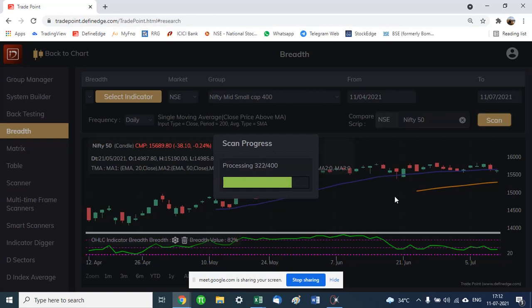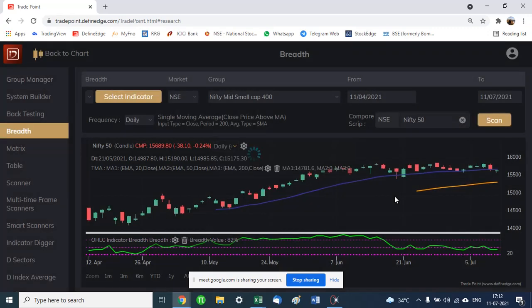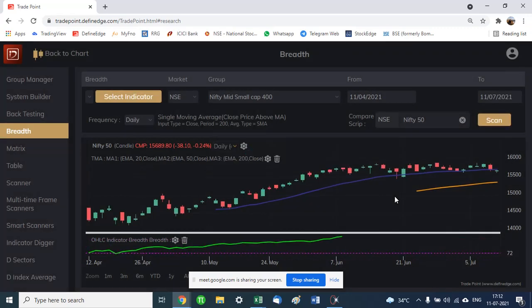So if the market breadth is lower, even if you get double top signals, you won't take a buy call? No, it depends. See, right now we are in a bull market, right? So if the market breadth gets overheated, then there is a chance of a correction coming in. But in that correction, if the breadth again becomes average, or a little lower than average, and the bullish structure of the market is intact, it can actually be a good opportunity for buying.